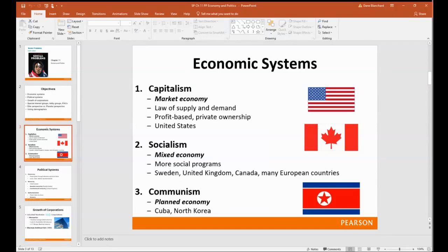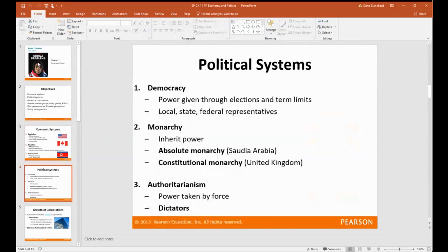So an economic system has to do with the manufacturing, distribution, and consumption of goods and services, and how those products are taxed and how those taxes are used within that society. So that kind of moves us into political systems, which really deals more with power and governance over a society.